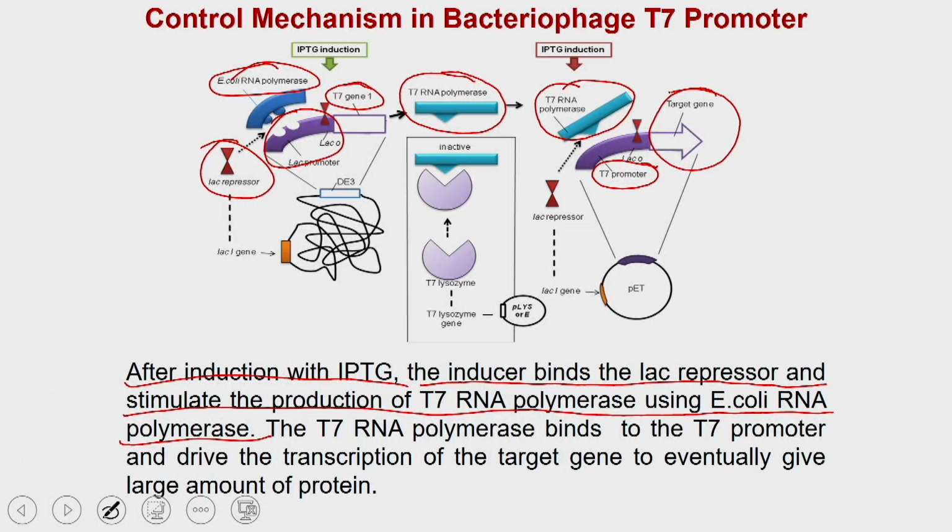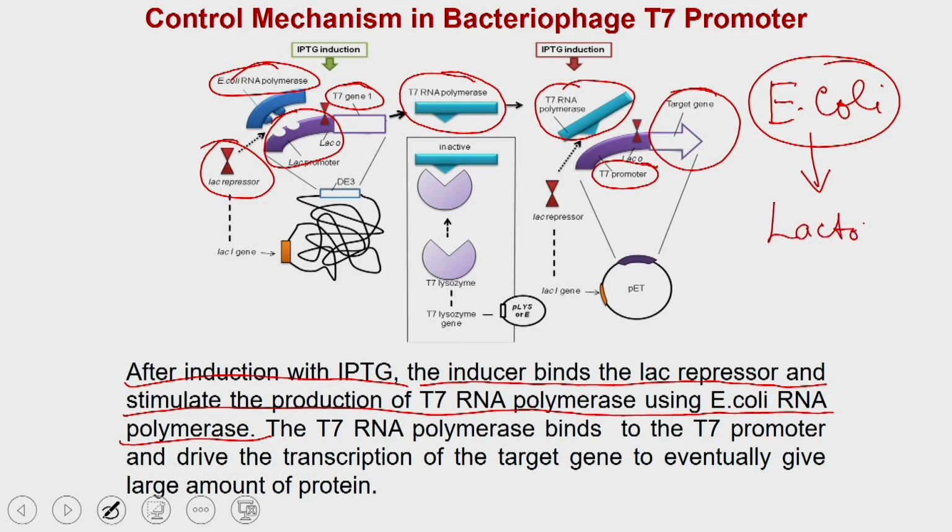But in some of the cases, where you want to make a very tight control, what will happen is that you are using E. coli as an expression system, and E. coli is going to have a very low amount of lactose. So, even if you are not adding the IPTG, which means you are not adding the inducer, the lactose which is present inside the cell is going to bind to the repressor, and as a result it